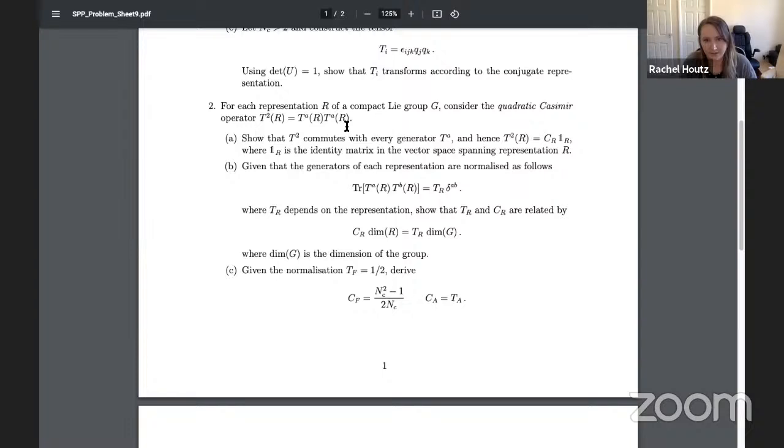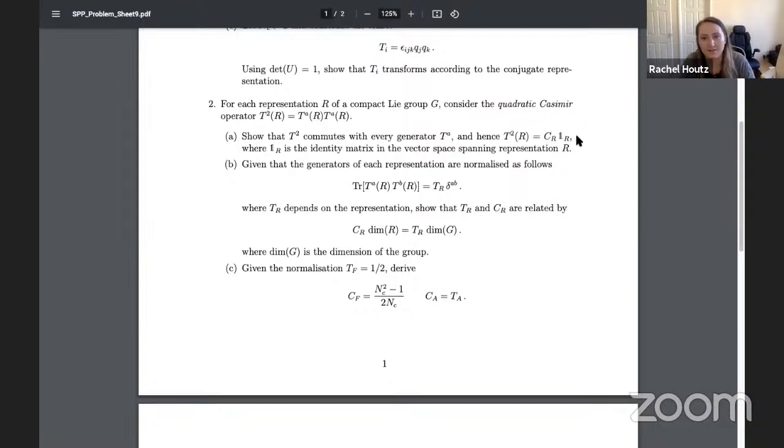which is just multiplying two generator matrices, but they have the same group index. So it's TA of R times TA of R. And part A says, show that T squared commutes with every generator of TA. And if that's true, the nice thing we can do is we can write T squared of R as just a number times an identity matrix, where the identity matrix is the right size that it can multiply matrices in